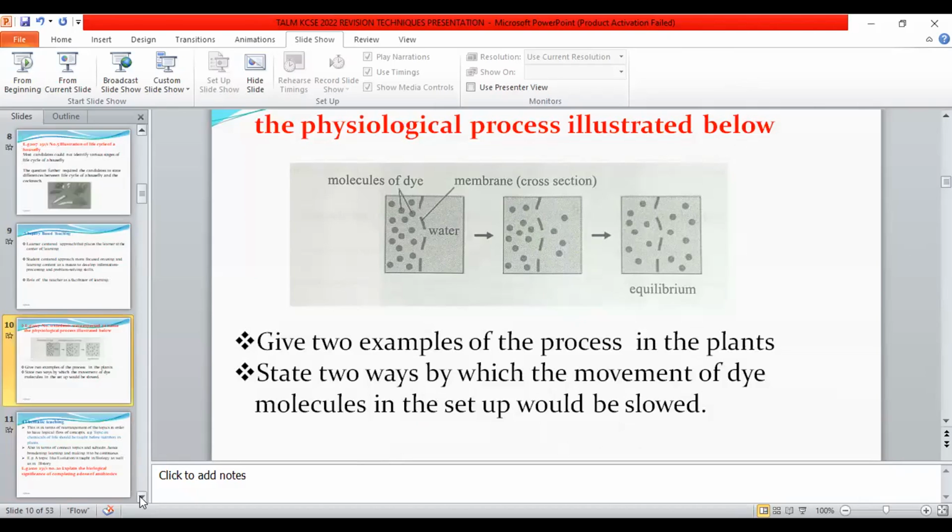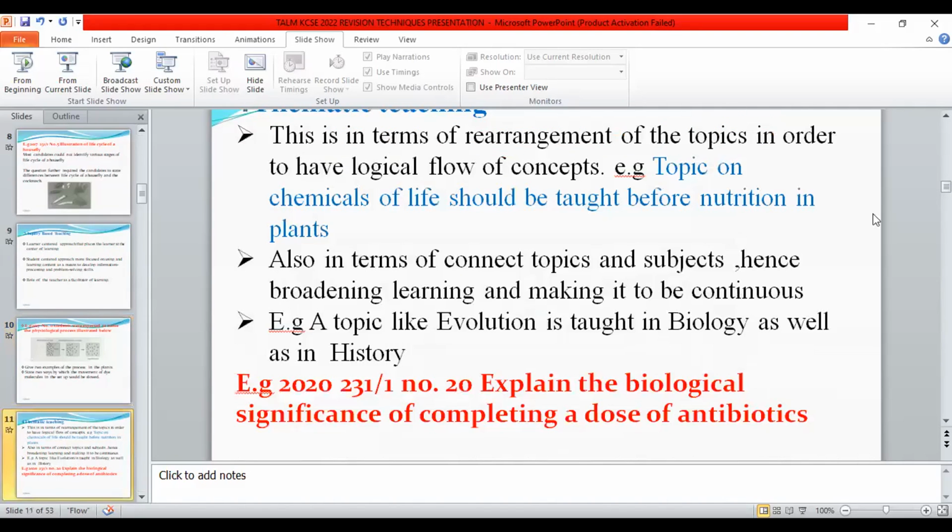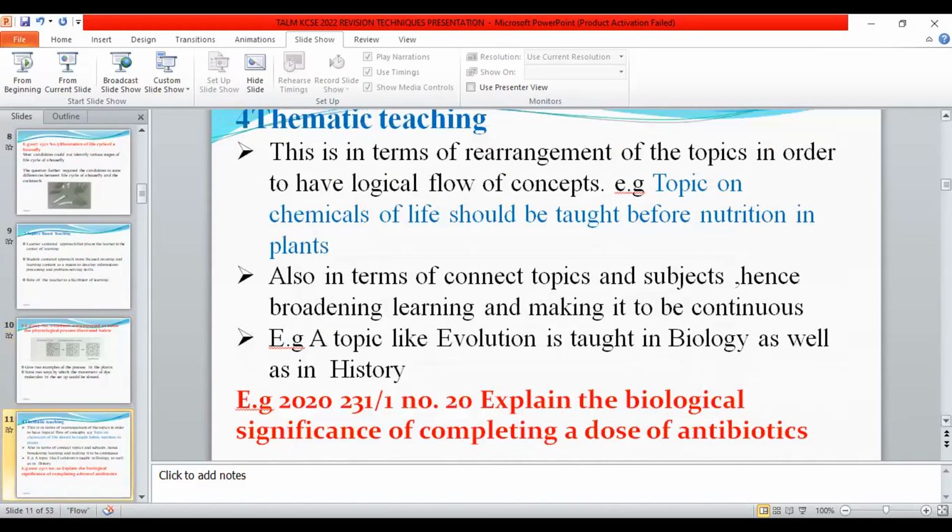Because when you look at the upcoming schools, especially the day schools, most of us do not even have those libraries, and that is something we need maybe to emphasize to our principals. Maybe they can even struggle, and at least once in a while, when you get a good scientific journal, you can purchase it and then avail it to your students. We can now go to the next methodology. That is what we do next slide.